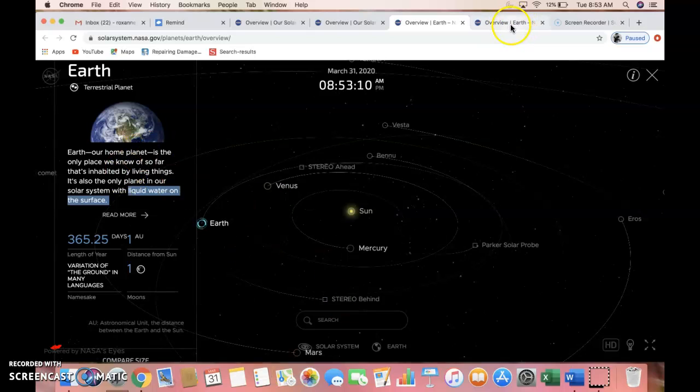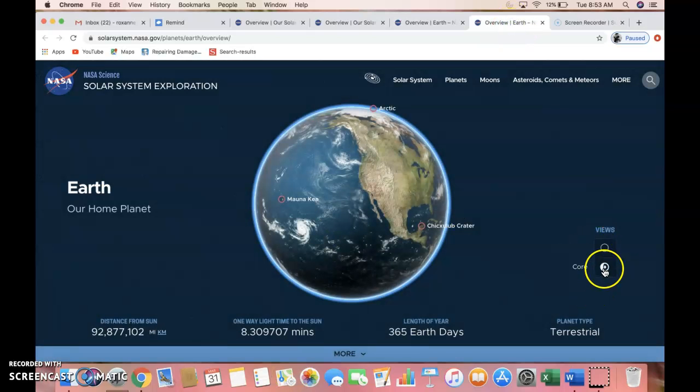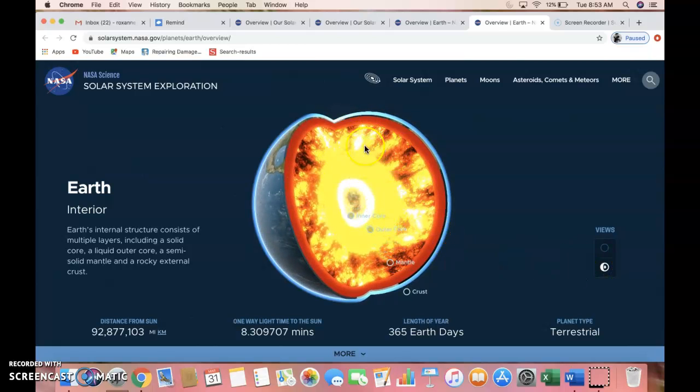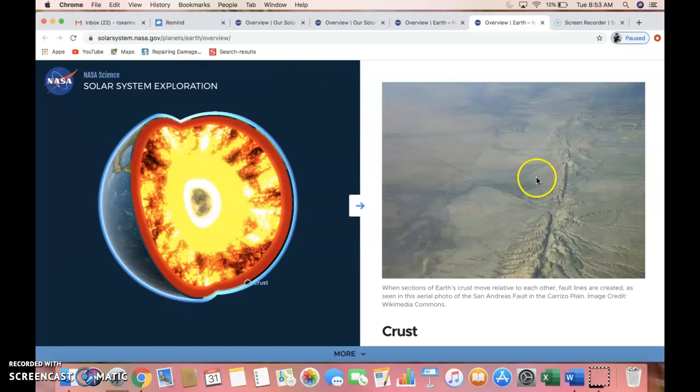Now, something that I thought was really cool, you can switch to the core mode. This is what the inside of our planet looks like. Isn't that weird? Like, you would think it's just a bunch of brown dirt, right? Because if you dig into the earth with a shovel, all you see is brown dirt. But when you dig, you're only seeing this part, the crust. If you were to dig, and I mean like really dig, like not with a shovel because your shovel would like melt probably,